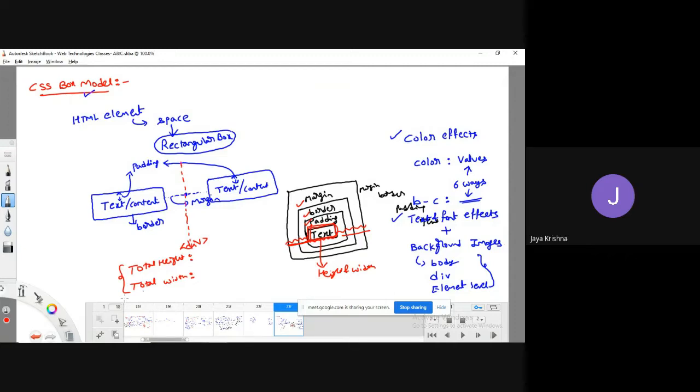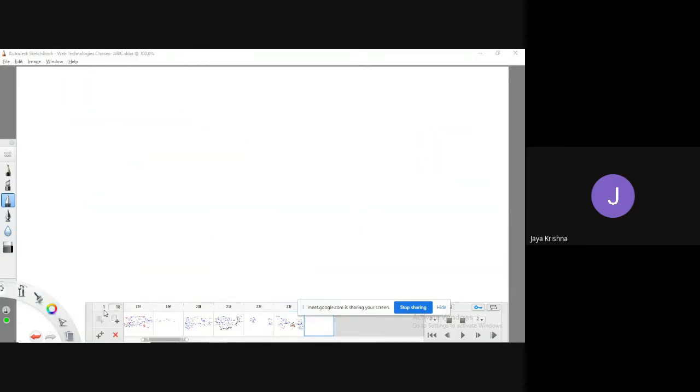Okay, fine. So if you go in-depth about everything, like for example, there is a kind of content. For this content, we'll have a padding. After that, we'll have a border. After that, we'll have a margin. Content means any kind of text or any kind of images. Normal content. Padding means